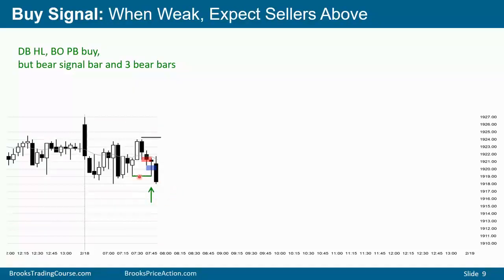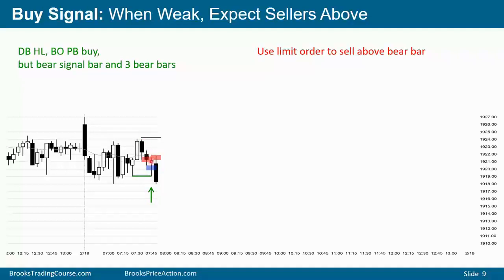The bulls have another double bottom higher low attempt, but we now have 3 consecutive bear bars, and now we have a 4th bear bar breaking below the low of that double bottom. Because of the 3 consecutive bear bars, even with the double bottom, some bears will place a limit order to sell at the high of this bar, arguing, okay, the bulls are thinking they have a double bottom, but we